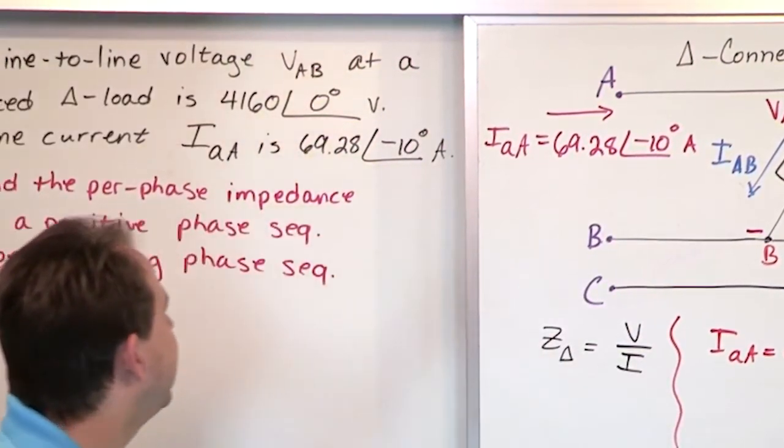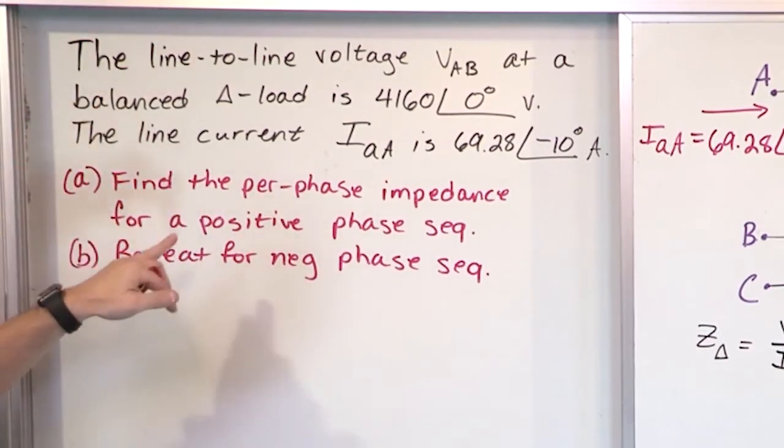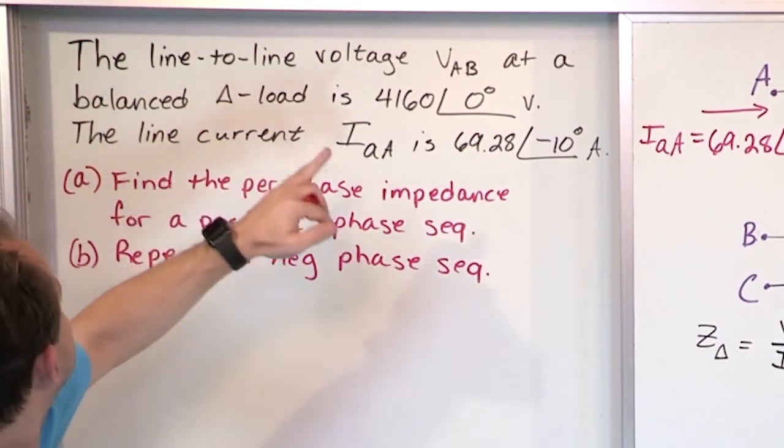Then we go back to our problem statement, and it says, what does this say here? Balanced three-phase load, line current